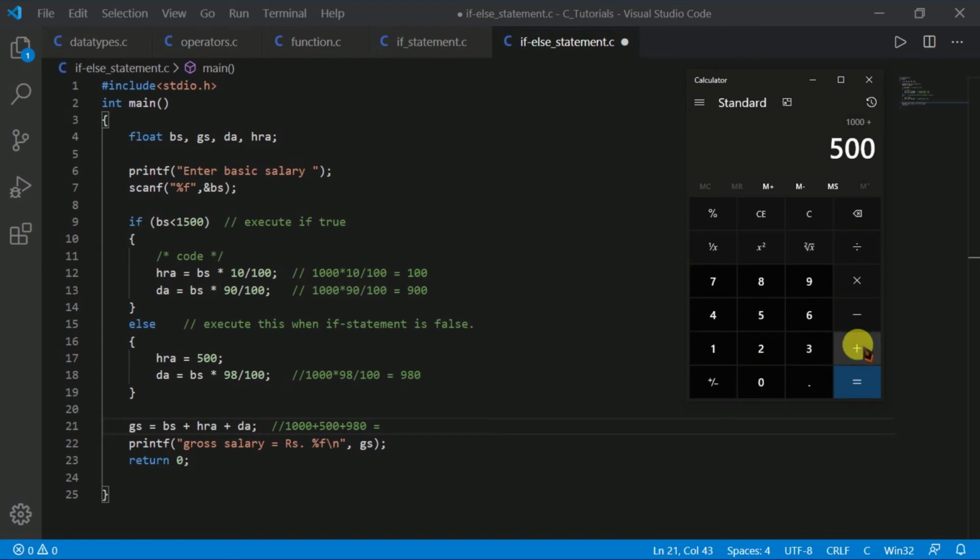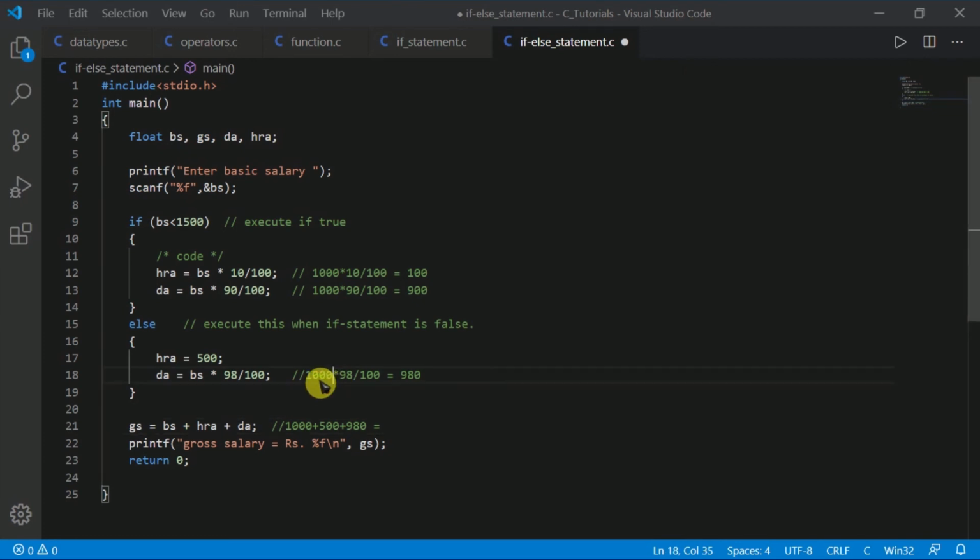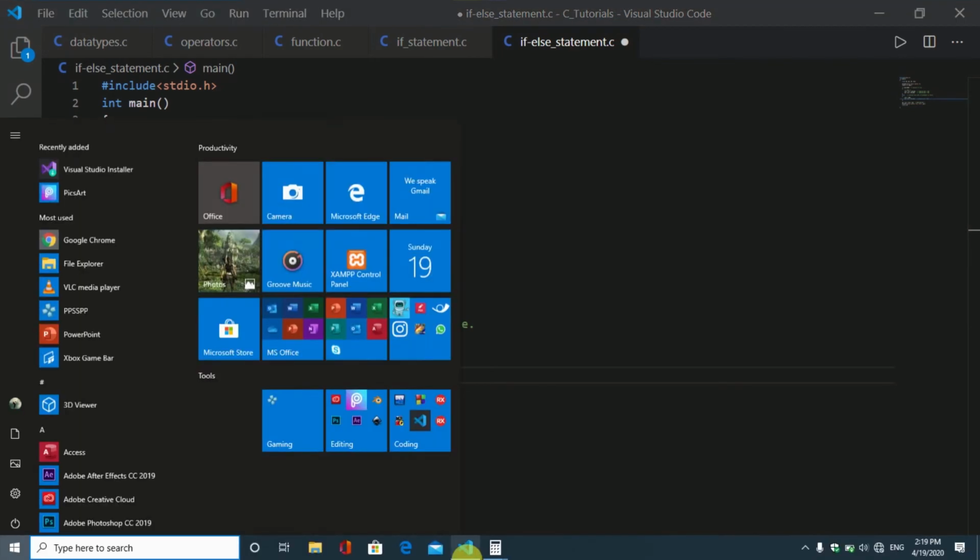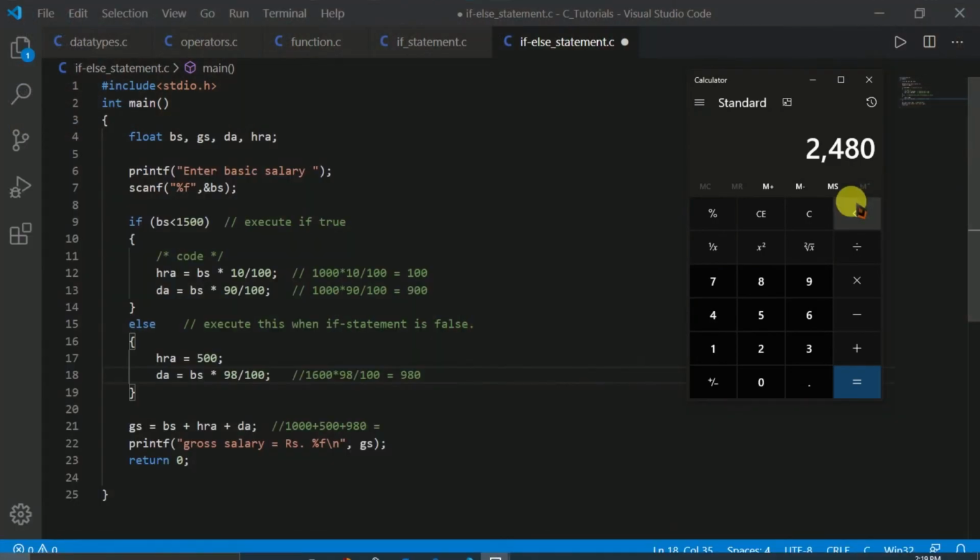Sorry, 1000 plus 500 then plus 980 gives 2480. Oh sorry guys, it's a big mistake, because we gave the BS as 1600. Sorry for that.